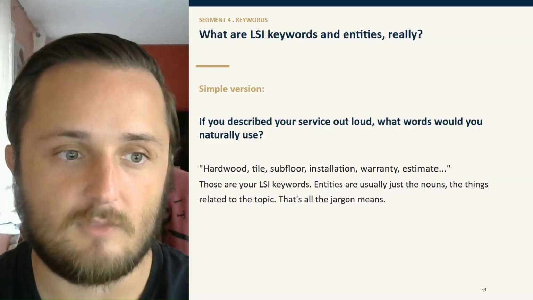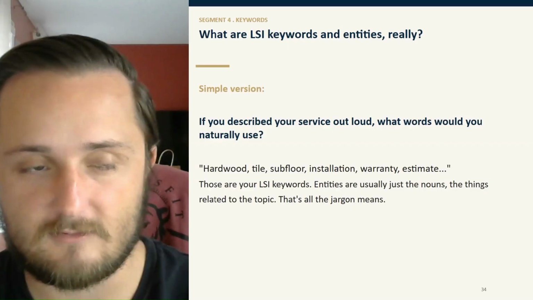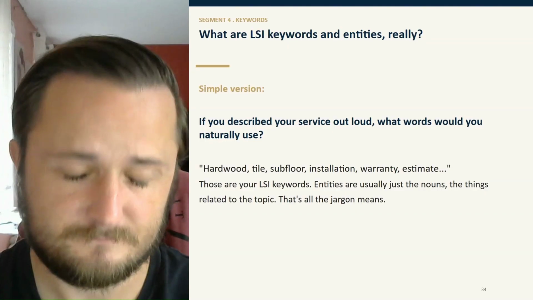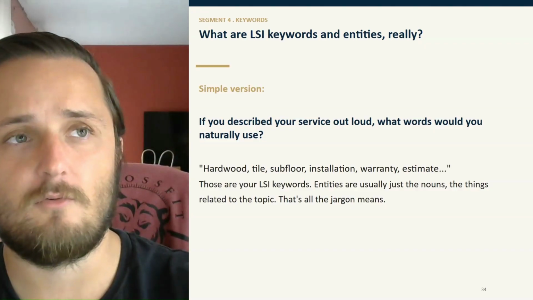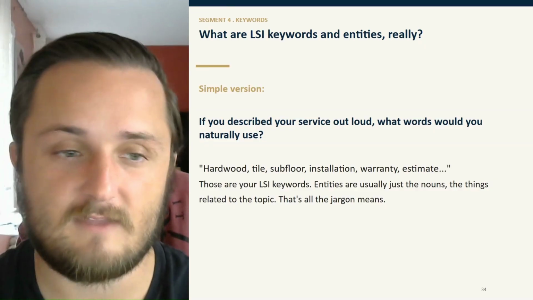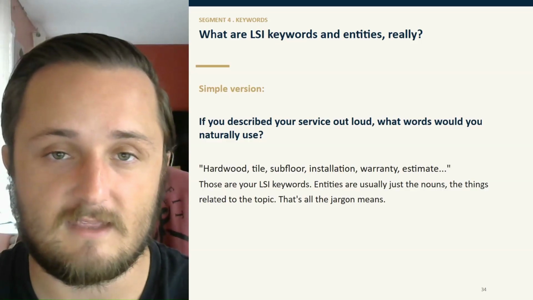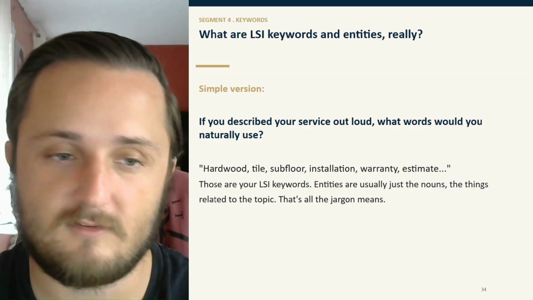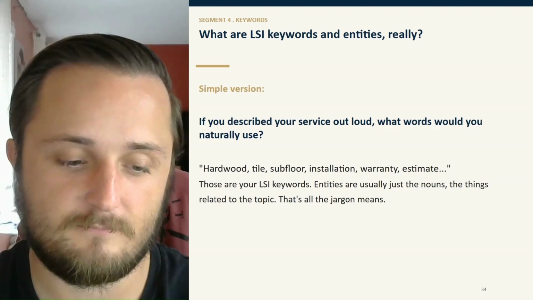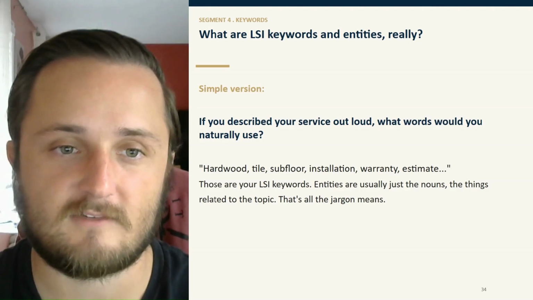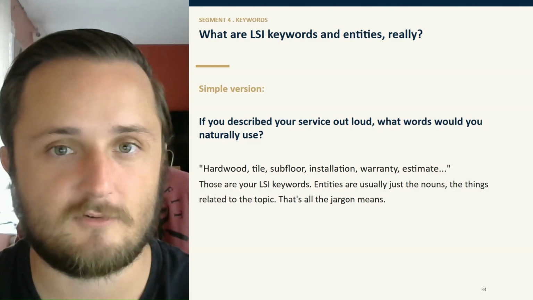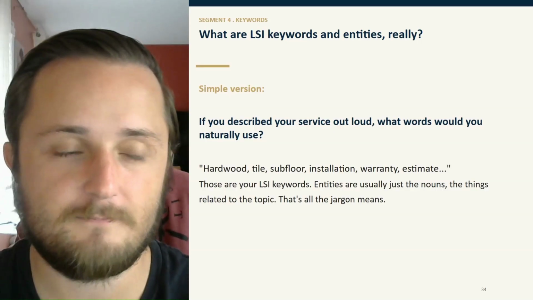Now, if you like a little bit of math and it gets a little complicated, you can also think about it this way. You can't verify that Google's doing these LSI keywords or entities. You can't do a scientific test to single that out and guarantee that that's what's happening. We can only see what's currently ranking and assume. But